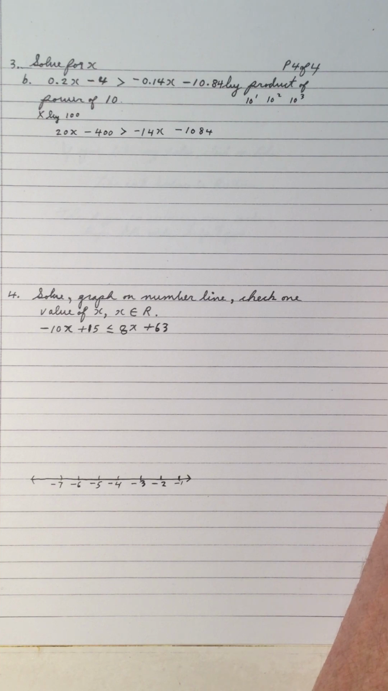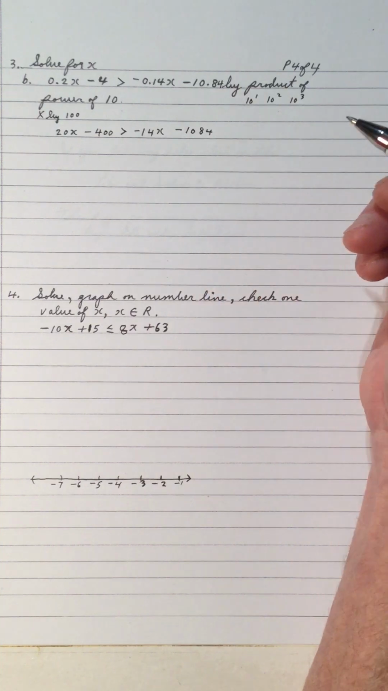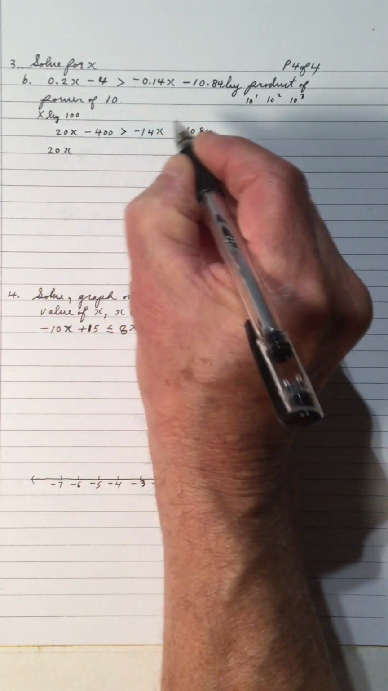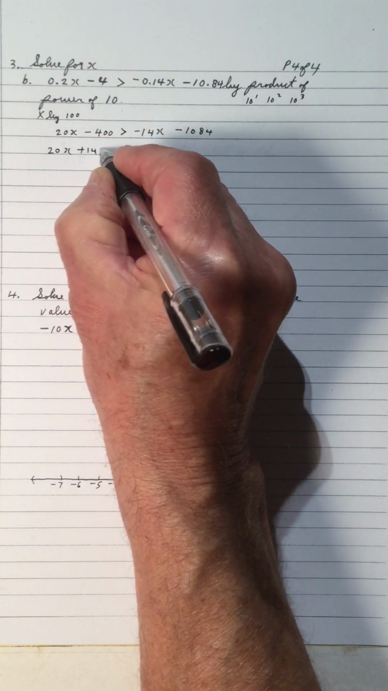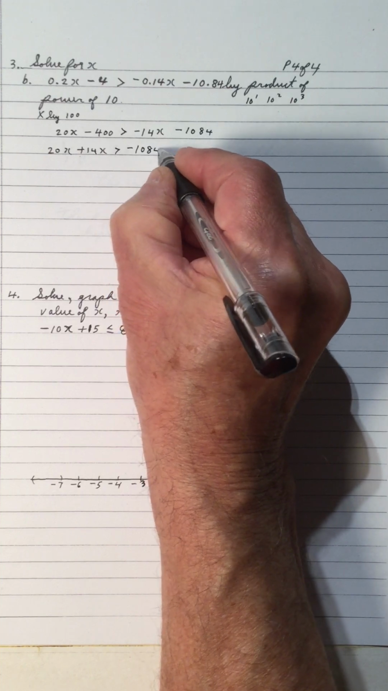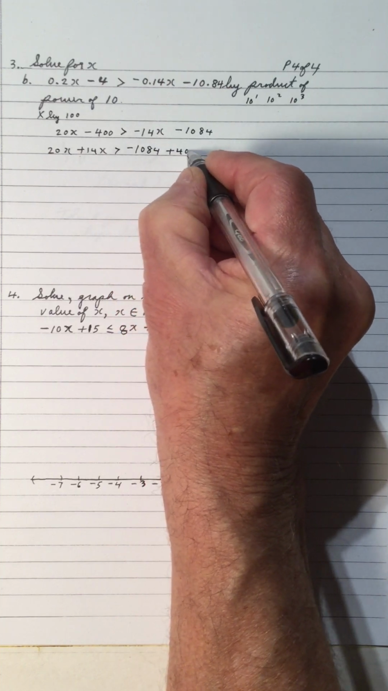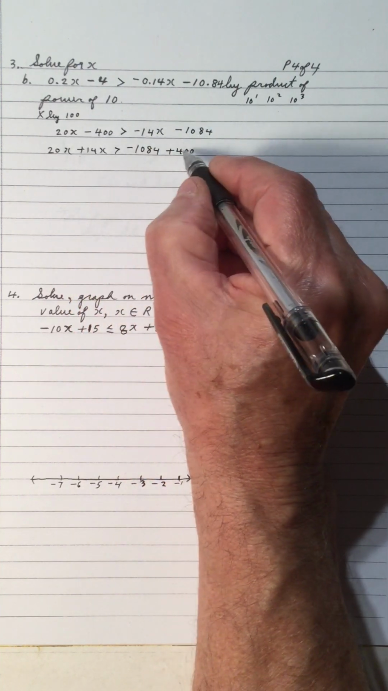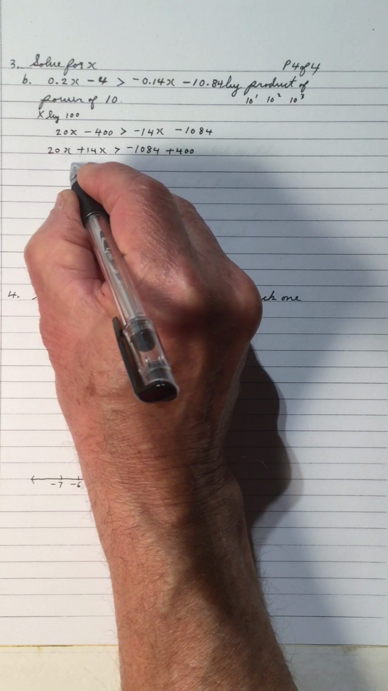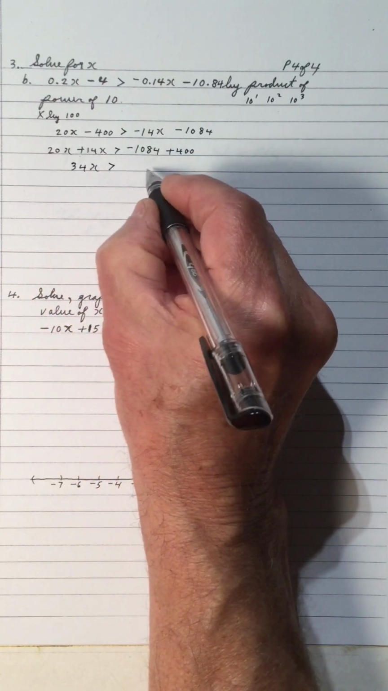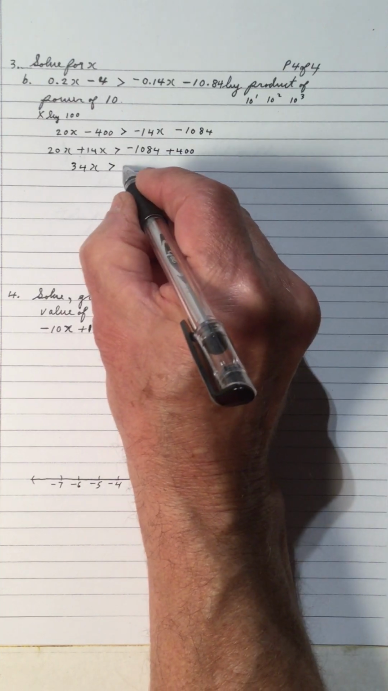So now because we multiply by 100, we have no decimals in our equation, which makes it, again, as I say, easier to do, but you could do it by moving the x's to the left and numbers to the right and dividing. Let's continue. X's to the left, numbers to the right. So the negative 14 becomes positive 14, the negative 400 becomes positive 400. So that gives us 34x is greater than, and 400 from that, negative